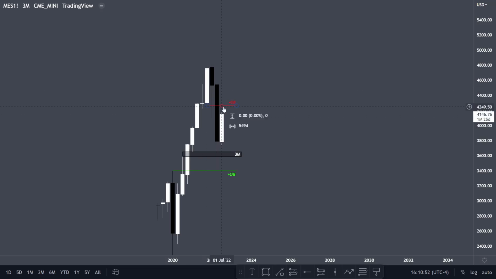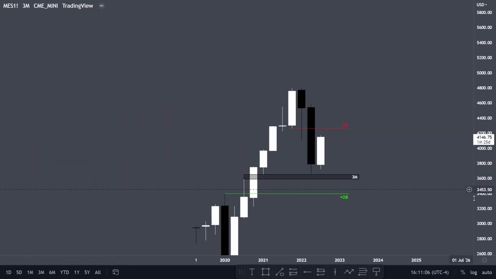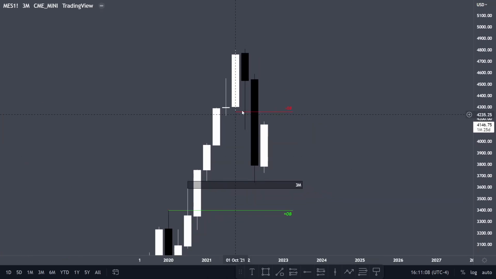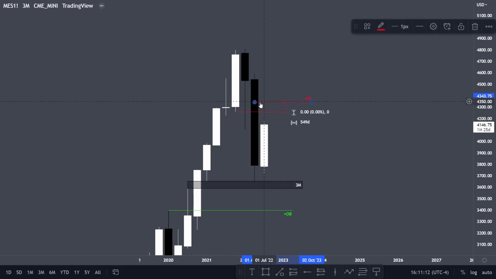But we're finding a way to retrace up into this up close candle before expansion lower, right? So I'm looking at this 3 month candle as an order block, a bearish order block, and I'm mainly looking to see how we interact. I have the low targeted because that's the first area we're going to hit, but really I'm looking to see how we're going to interact,